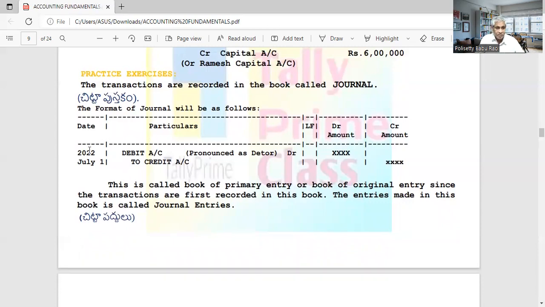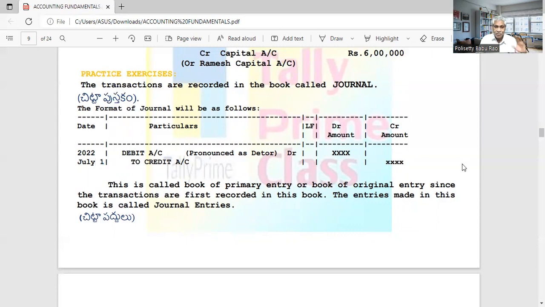In the first column, date, we write the date. There is a specific pro forma to write the date. To make it very easy, first you write 2022, because 2022 will continue for a long time. Every day we need not write the year. Next, below that, we write the month. This month will be valid for one month, so every day we need not write it. The next one is the date. This date will change every day, so only the date we have to change.